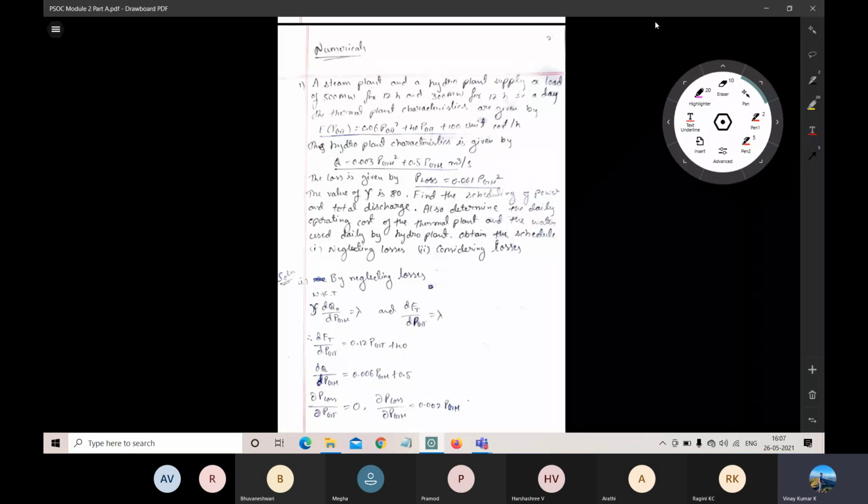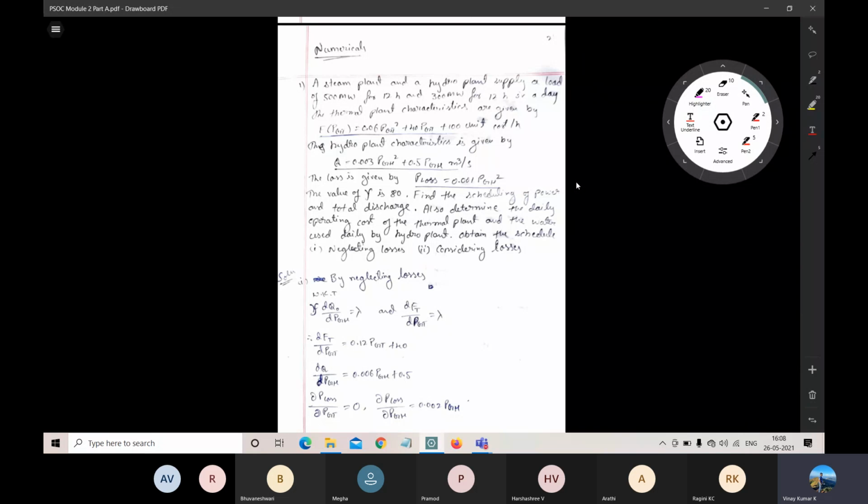So we have studied the many equations. The main problems that we have faced are to minimize the flow of water from the reservoir, that is, we need to find the amount of water that is available for power generation, and also we need to minimize the thermal production cost, and finally we have to satisfy the hydrothermal interactions. So based upon that, we are going to solve some problems.